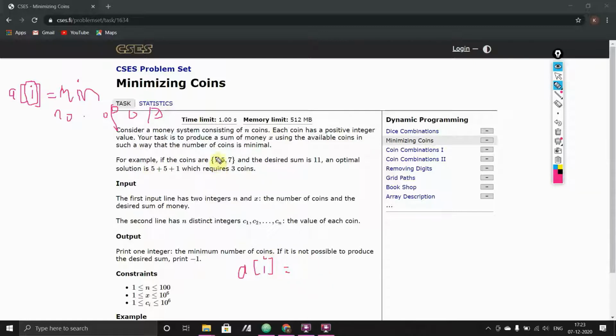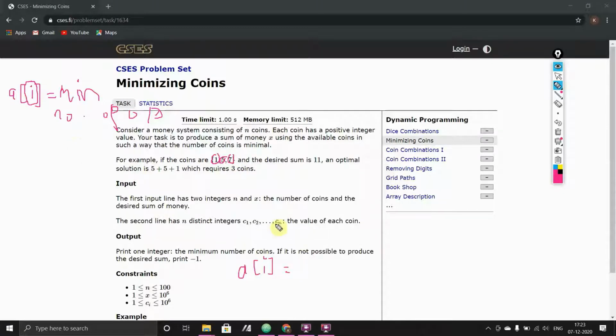I will choose 1 from this, and then I will check. One time I will choose 1, the other time I will choose 5, and the last time I will choose 7.